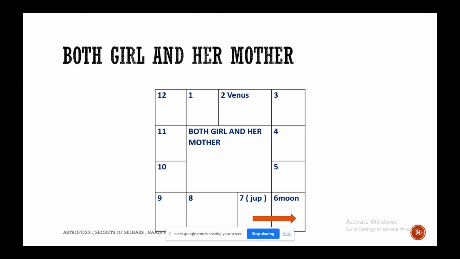There is another theory called dispositor theory. Those things you don't take into consideration now, as they are not required as of now. As per our theory, there is no connection between Jupiter and Venus, and the Moon is in the 12th house. Now,